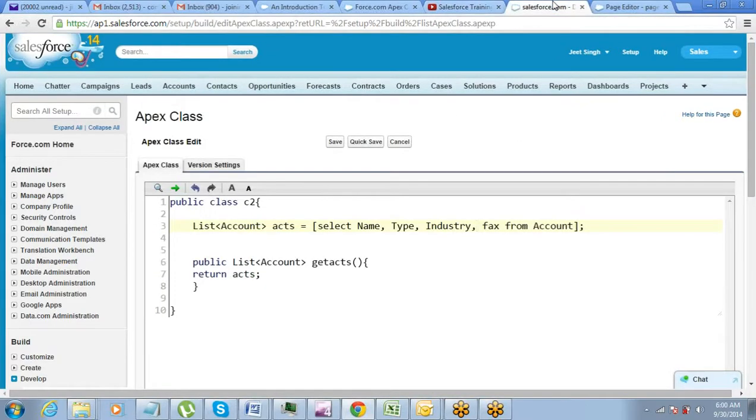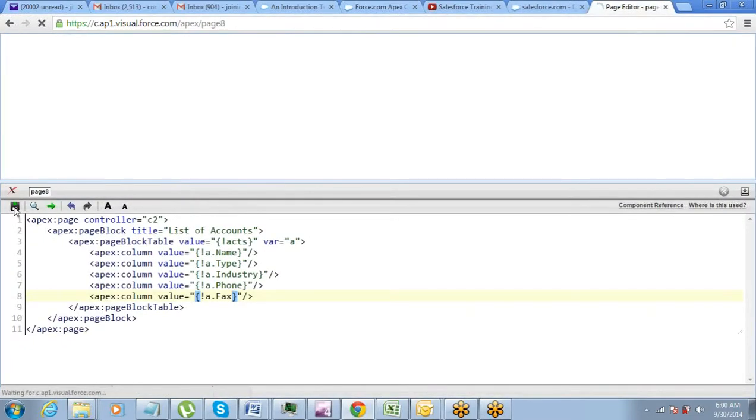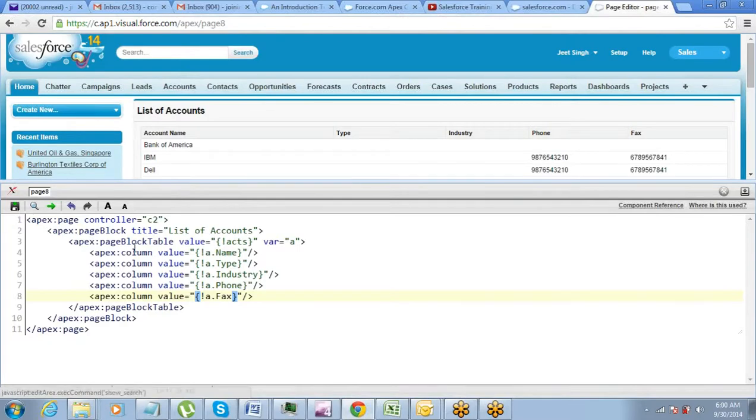However, when we are talking about a custom controller, here I am writing a query and this is the variable which I am using. So this variable only holds this value, right? If you do not put the field name, you cannot call it on the Visualforce page. You have to write it, then only it will be visible to you on the Visualforce page.